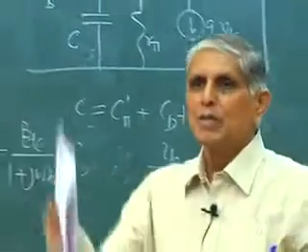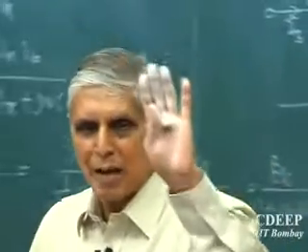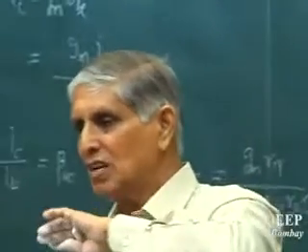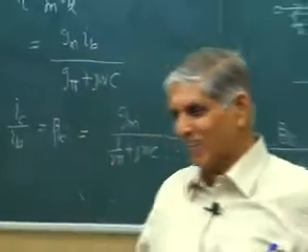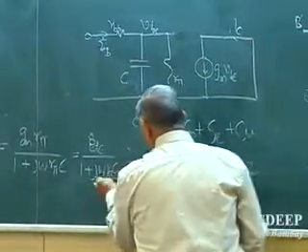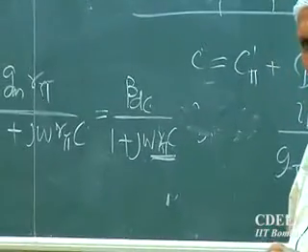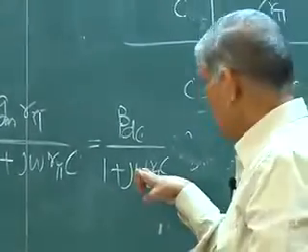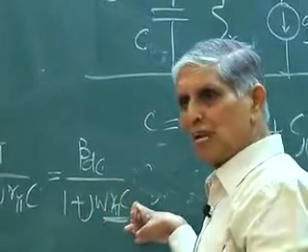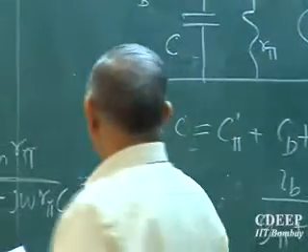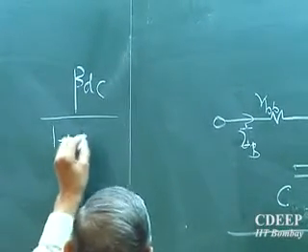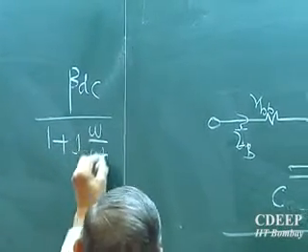So DC is, please remember DC doesn't mean actual IC by IB. What is this DC? That I call beta 0. What is this beta DC means? Frequency independent term की वैल्यू। ये क्या है? RC क्या होता है? टाइम कांस्टेंट। ओमेगा is 2 pi into some frequency, 2 pi f. 1 upon time is frequency. तो इसको ऐसा भी लिख सकते हैं बीटा DC अपॉन 1 प्लस J ओमेगा बाय सम ओमेगा 0।